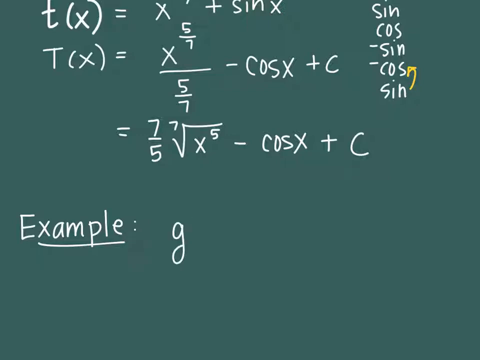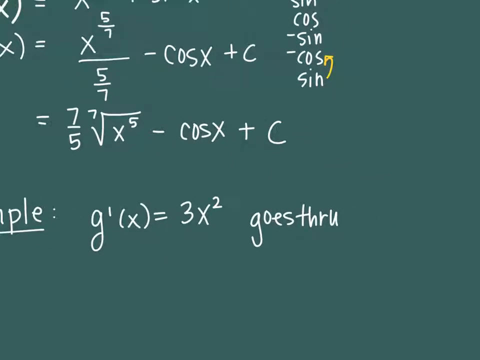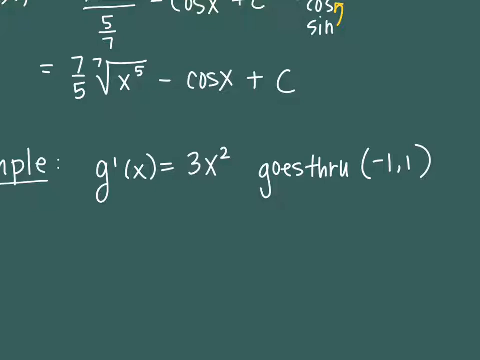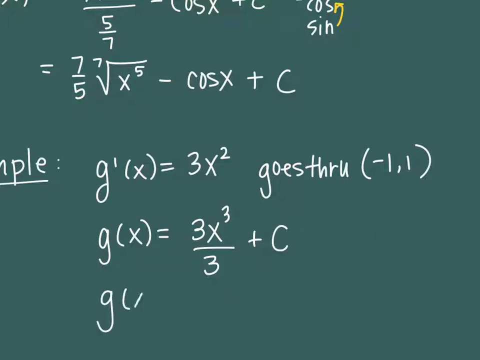So if we have g prime of x given to us as the quantity 3x to the second, and if we're given an initial condition that the function goes through, and you need a value for x and you need a value for y. So we're going to say it goes through the point -1, +1. So we're going to go ahead and find the antiderivative. So that'll be g of x is, and then we are going to take 3x and raise it to a new power. So that's 1 higher, and divide by that new power plus c,